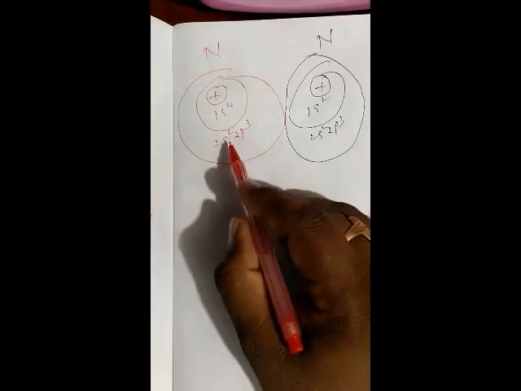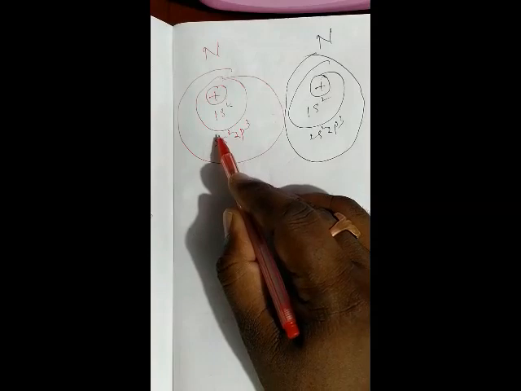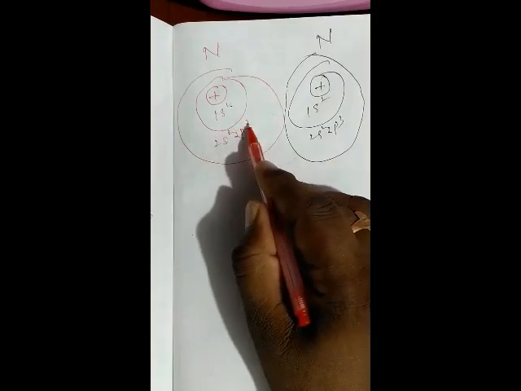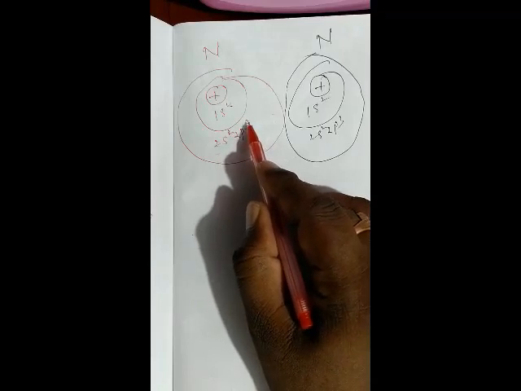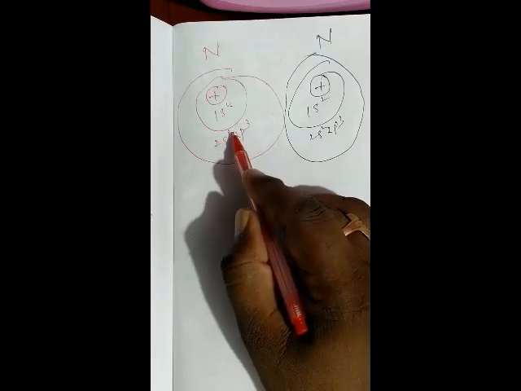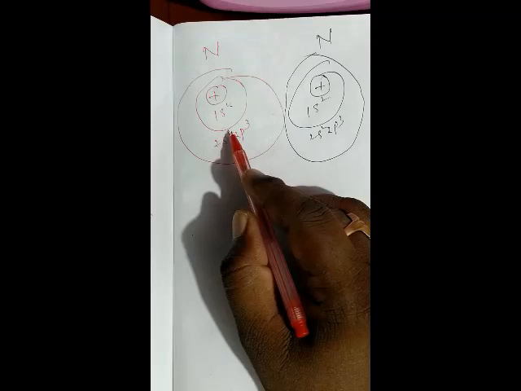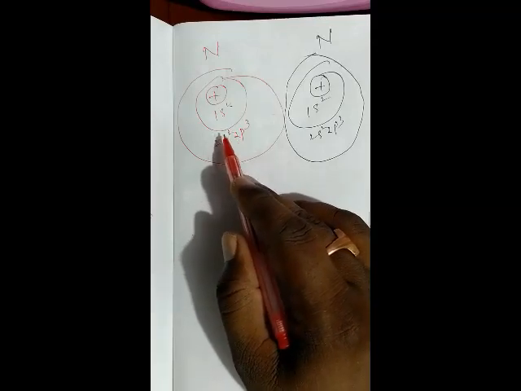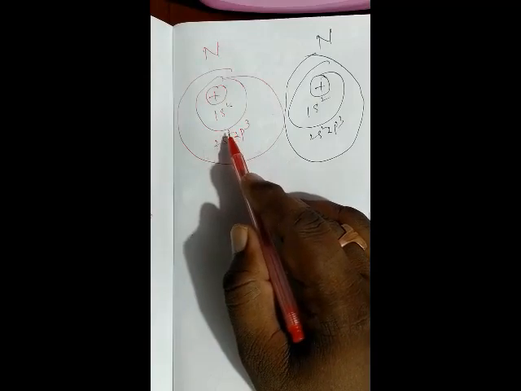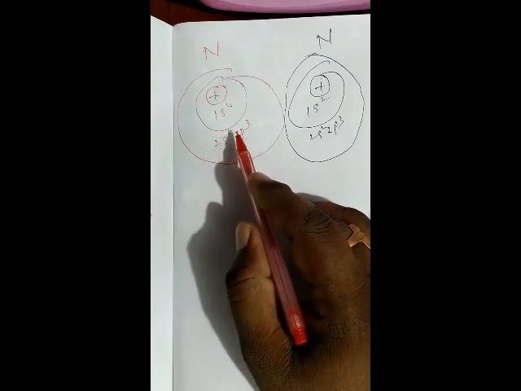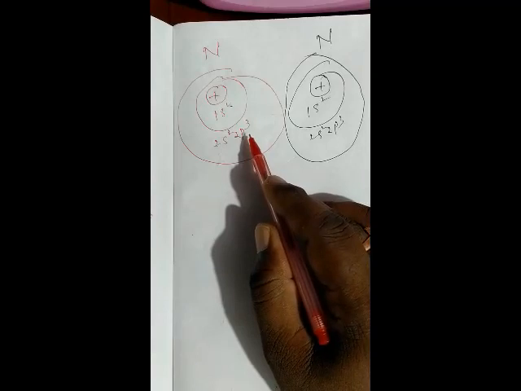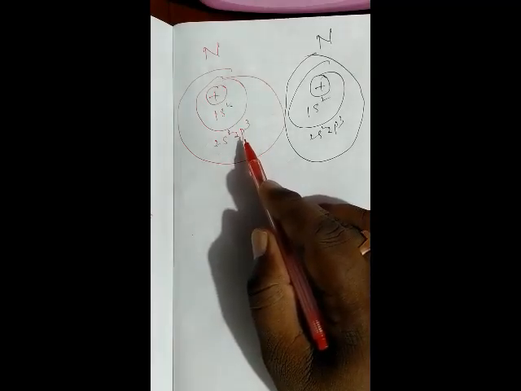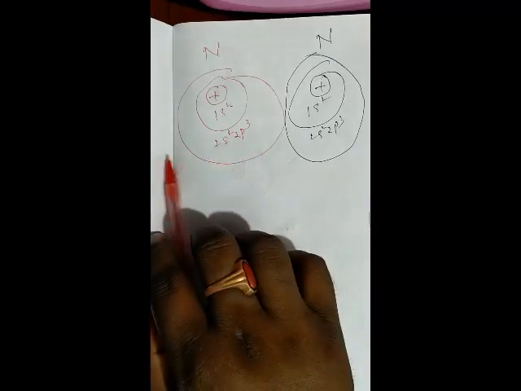So here in the first nitrogen atom, the outermost orbit is the second orbit. In that, 2 plus 3, 5 electrons are present, not 5 atoms, 5 electrons are present. So in that outermost orbit, 8 electrons are not present. So that's why this nitrogen atom is unstable. Now it wants to convert into stable. For converting into stable, this nitrogen atom is ready to gain 3 electrons. It is not ready to lose 3 electrons.